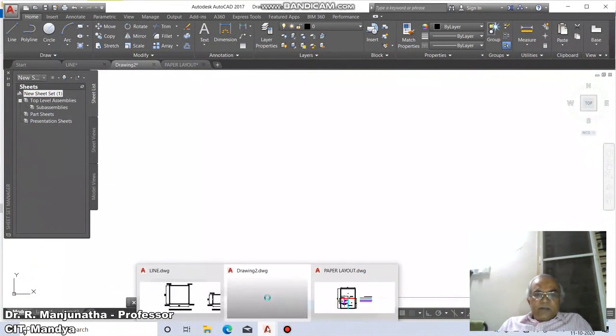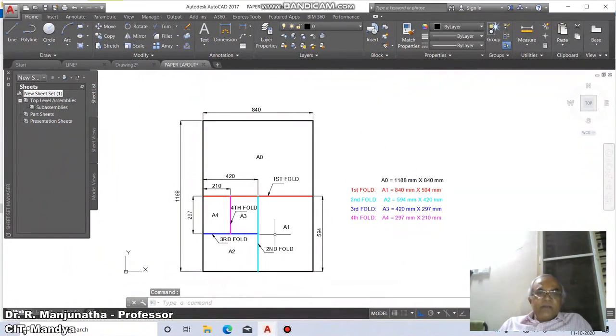Suppose I take a sheet, this is a paper layout. First we are going to explain what this means. We have A4 size, which is 297 by 210.